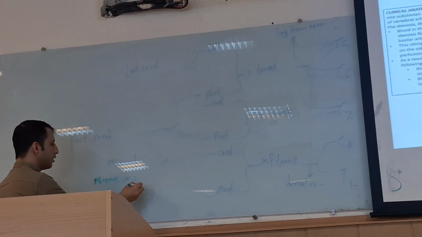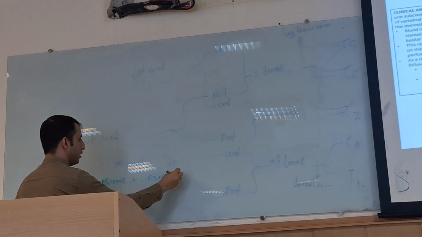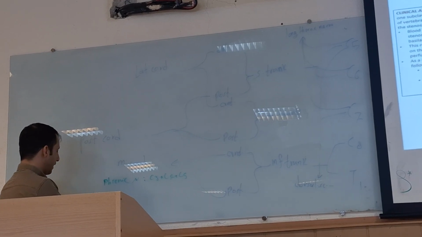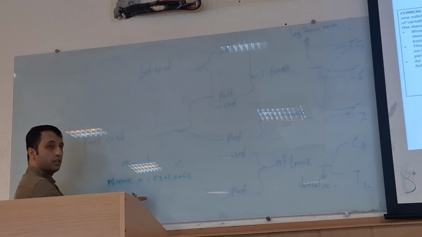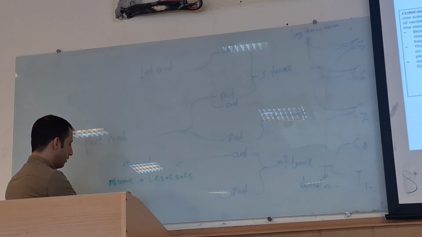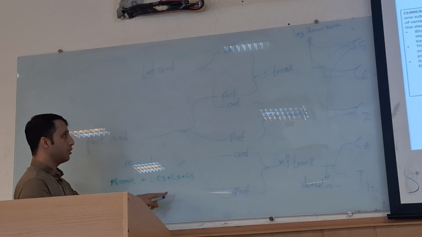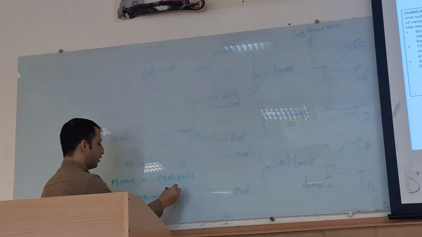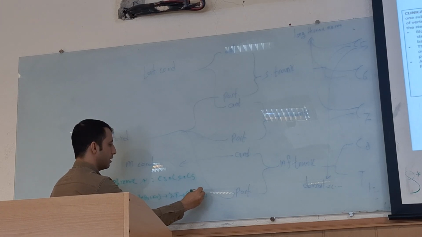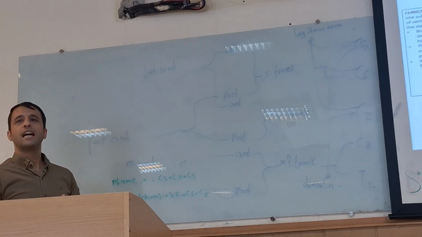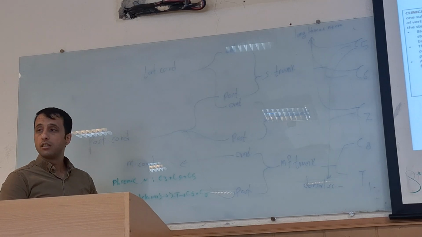Phrenic nerve is from C3 to C5. Accessory phrenic is a branch of subclavius, yes? Subclavius is a branch of superior trunk from C5 to C6. So, during an accident, you should also know that